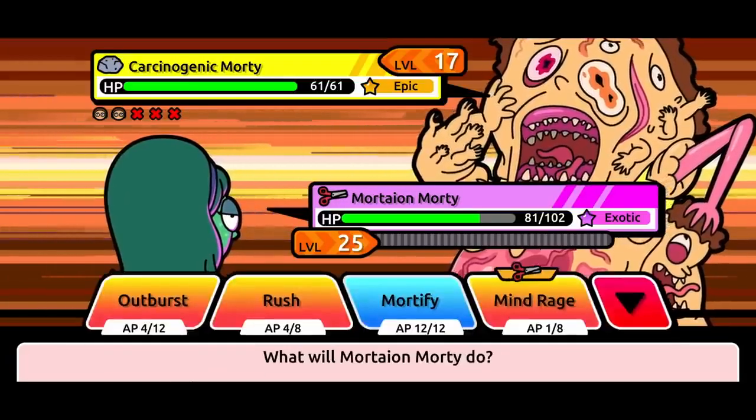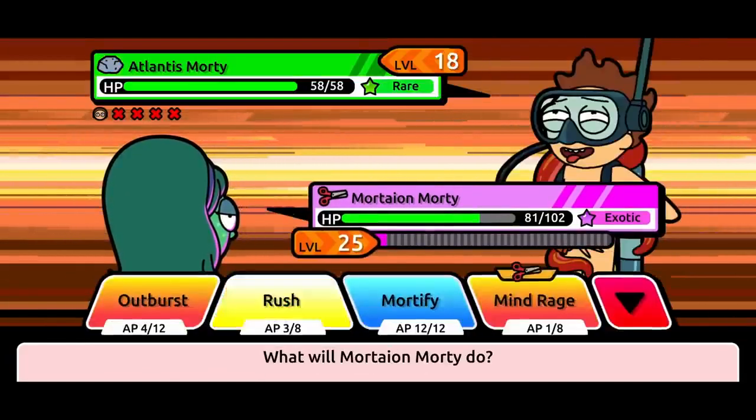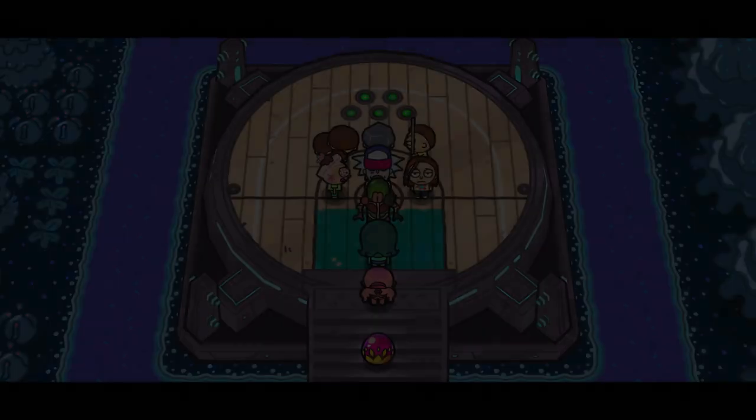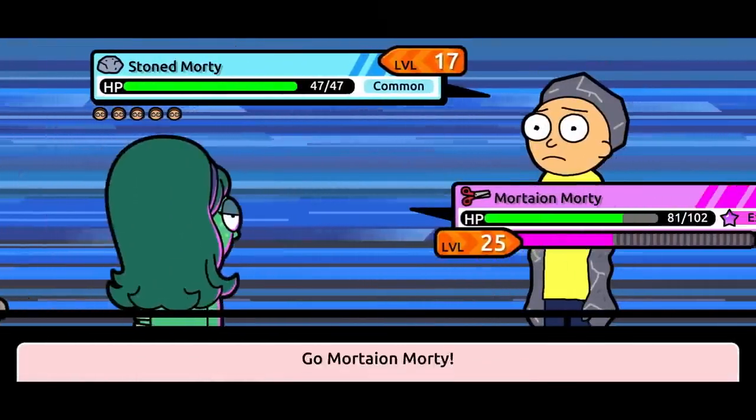We saw the carcinogenic Morty once again, and the last Morty was the freaky Atlantis Morty. I don't really even know the real reason for him making that face, but either way, we'd collected the 3rd badge. The 4th Rick was one we'd already seen previously as well, which was Bubblegum Rick, and he had some